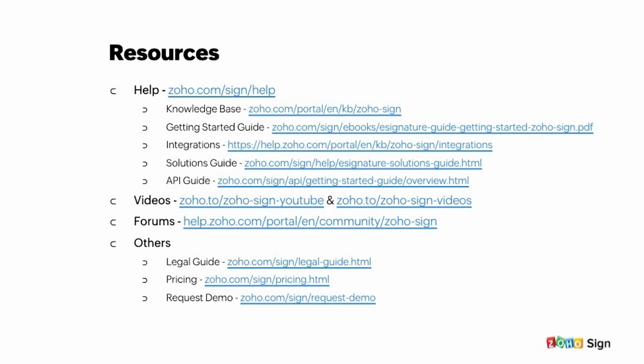All right. Mark has a question. When I forget to add some text on a document, it would be handy to be able to add that instead of regenerating the document and uploading it again. I understand this difficulty, Mark. As I was saying, since Zoho Sign does not have its own document editing capability, what I would suggest is